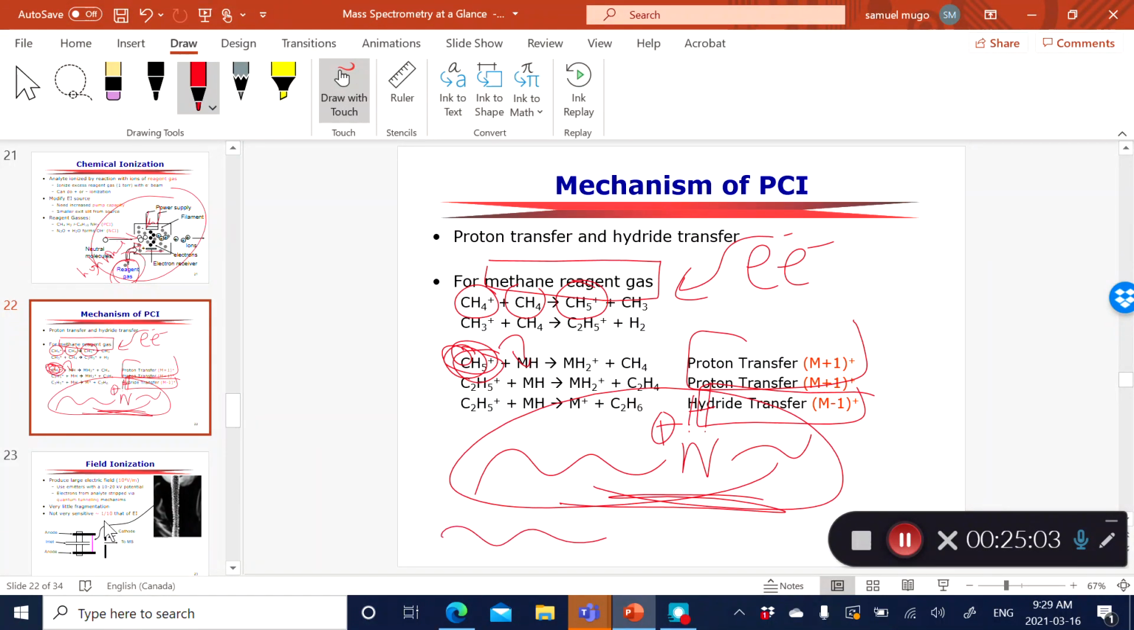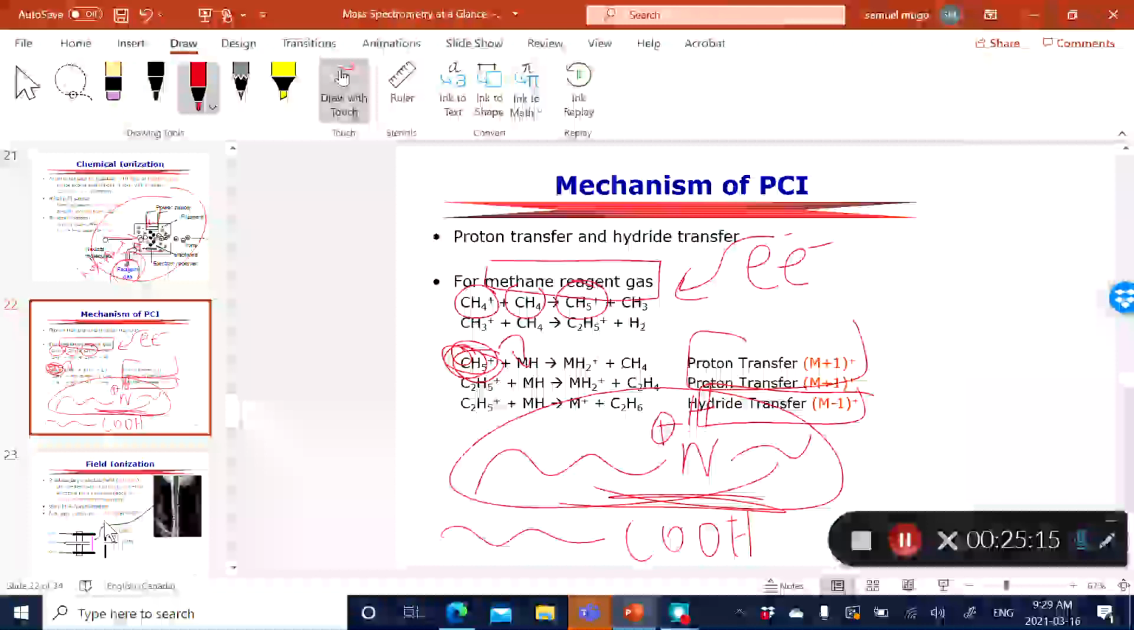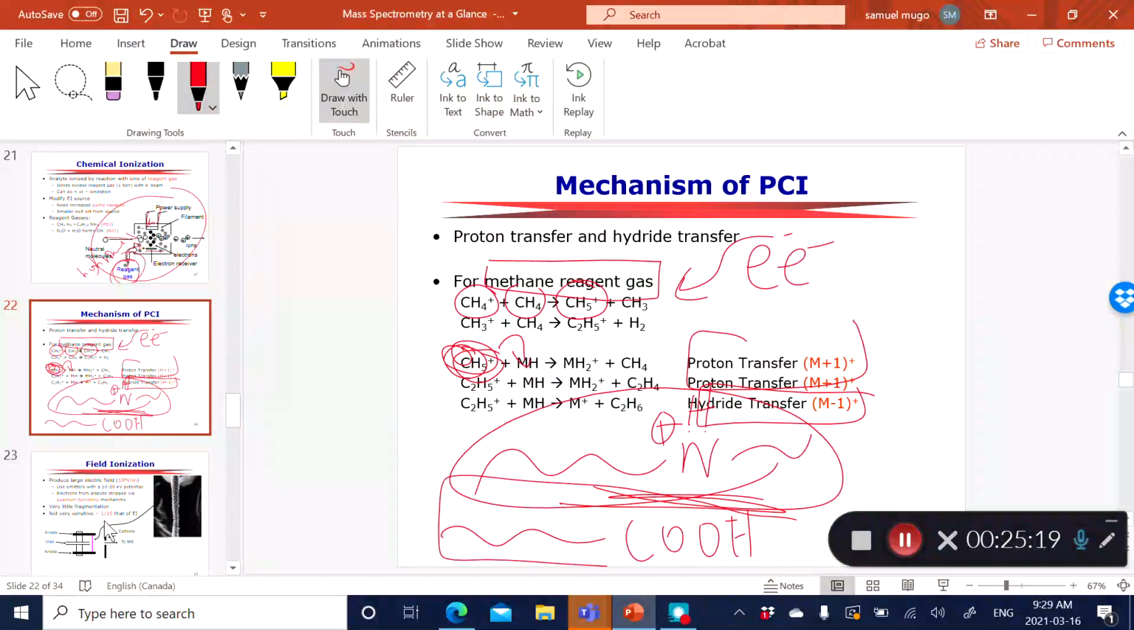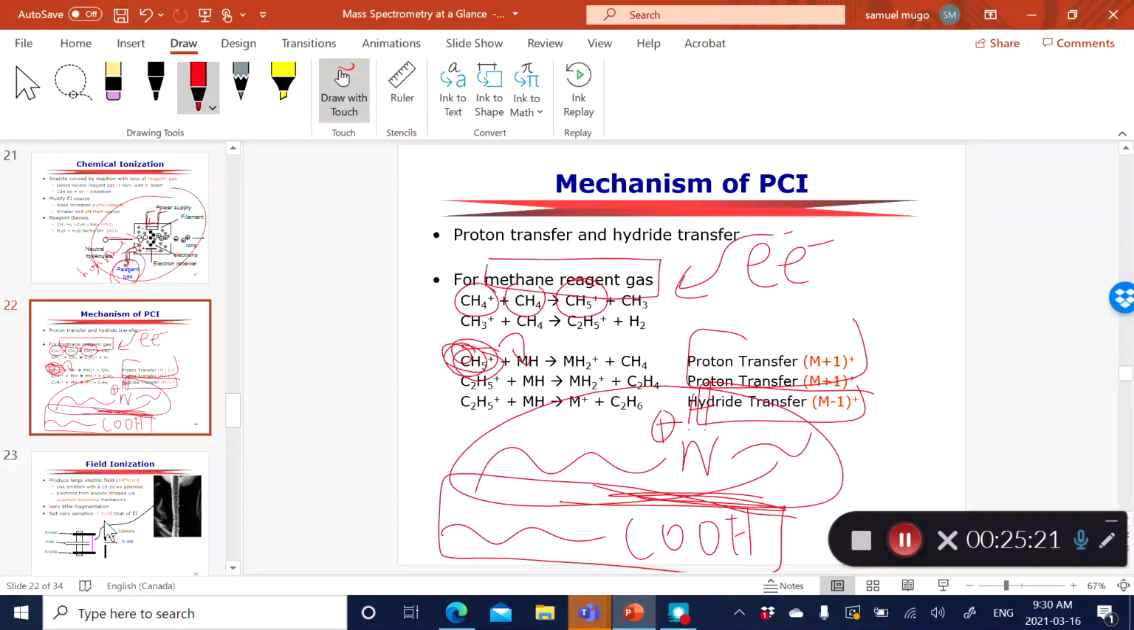Now assume I've got a molecule such as that, which is a carboxylic acid, something like butyric acid and so on. Very, very common types of molecules that have a carboxylic acid group. Now, we know this type of analyte can easily get deprotonated. You can easily lose this hydrogen, and acquire a negative charge. So similarly, this type of reagent gas